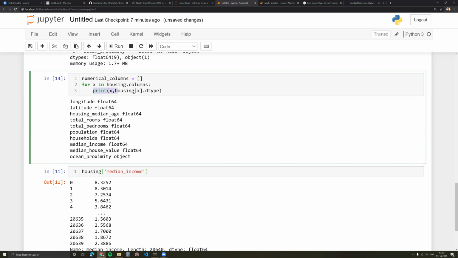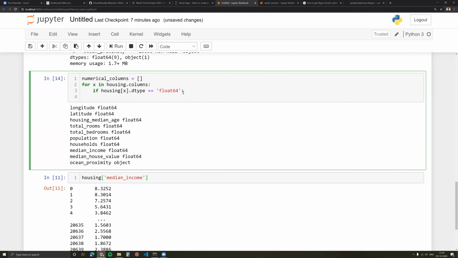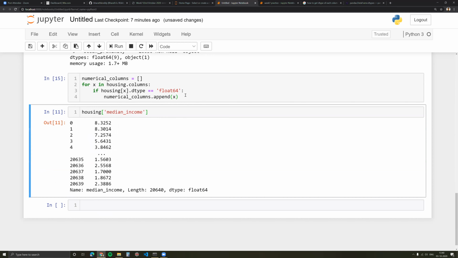And what I want to do is, instead of printing this, I want, if the column has a dtype of float, since all the numerical values are coming like this, so I'm just checking if this is equal to float, then I just want that column to come here. Let's see what it does.